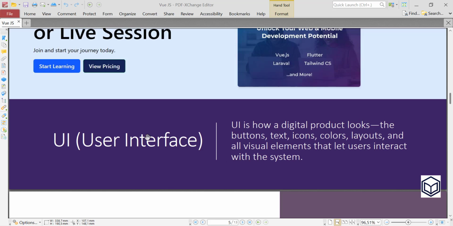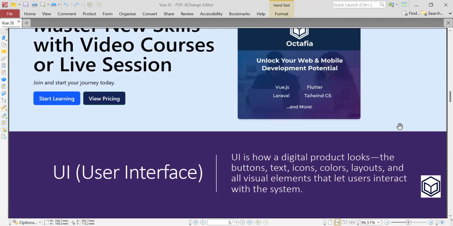If we talk about UI, or user interface, UI is how a digital product looks, such as the buttons, text, icons, colors, layouts, and all the visual elements that let users interact with the system.